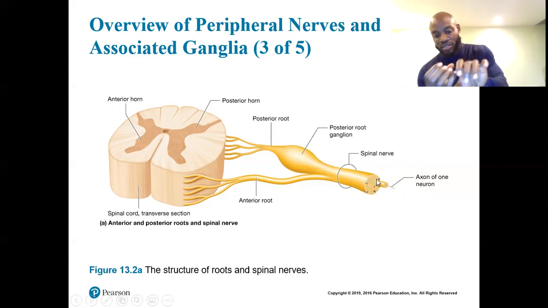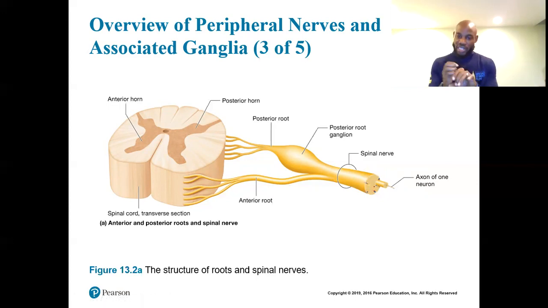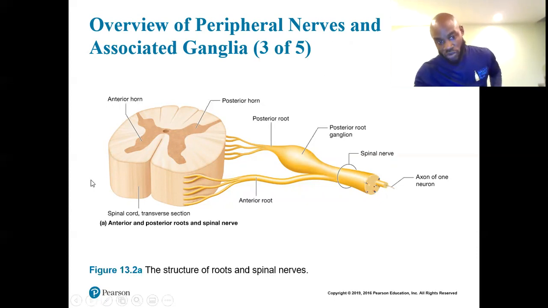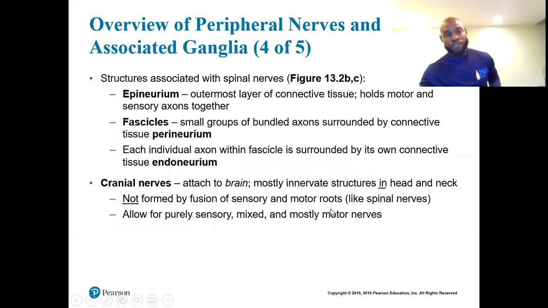The axons are bound together in bundles, and that's what makes the actual nerve, right? That's showing you here the axon of one neuron, so it's a whole bundle of axons, multiple nerve cells in one spinal nerve. Remember, there are 31 pairs of these. There's one off this side, and one off the other side, not shown here. That's one pair, and there are 31 of these coming down the spinal cord, right?